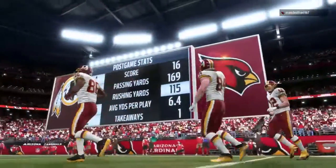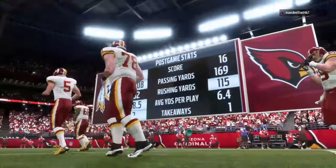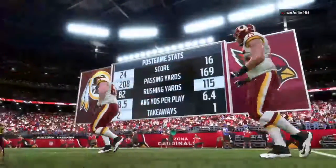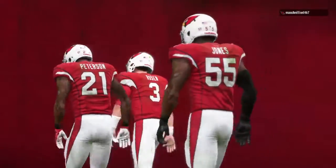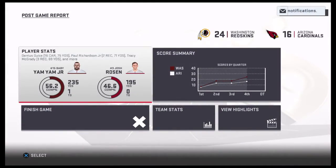So for the Redskins, it's a 4th win on the year as they move to 4-9. And they'll get another road date next week as their opponents will be the Pittsburgh Steelers. Meanwhile, for the Cardinals, you wonder what this will do to their playoff prospects as they fall